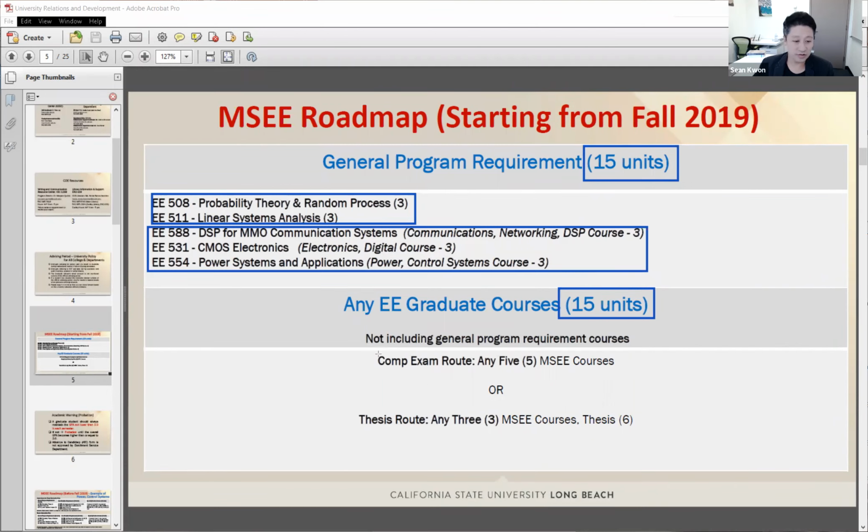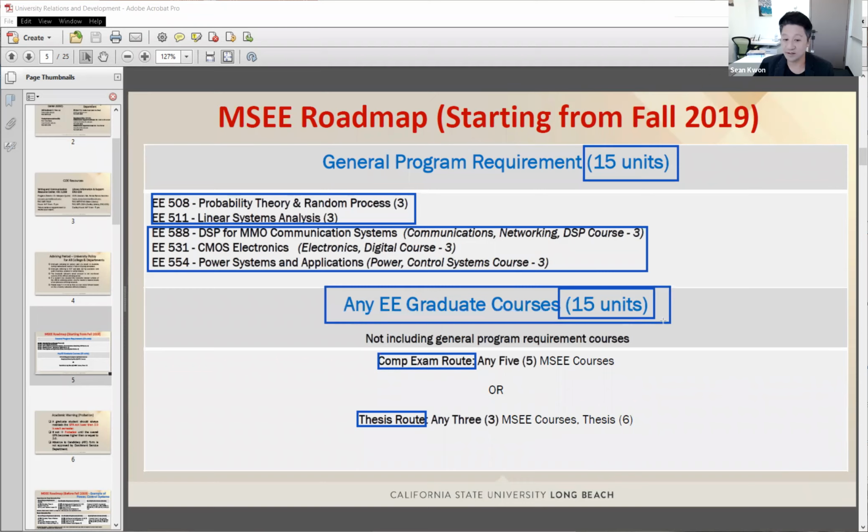You can choose one of the 2 routes, comprehensive exam route or thesis route. In case of the comp exam route, you need to take 5 additional classes to satisfy these 15 units. And after that, finally, students need to take the comprehensive exam to pass the MSEE program.